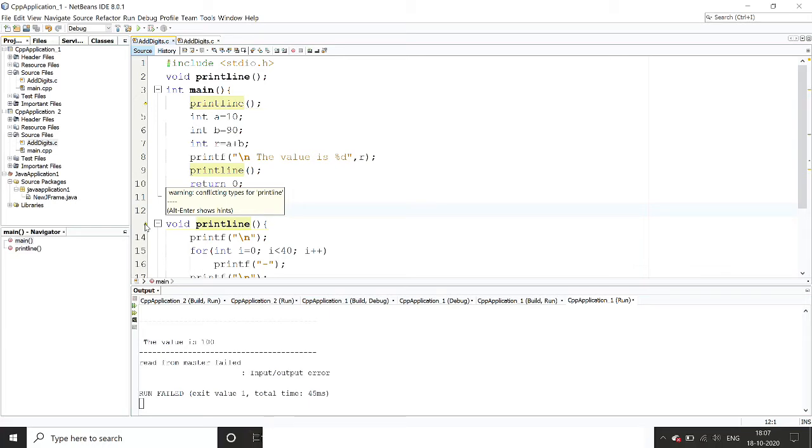Print line may be some keyword also, so let me rename it to print line one. I don't think this warning will appear now. See, it was a different warning, not for function declaration. So there was no issue in this particular compiler if I write the function definition before main or after main, but it may create problems.